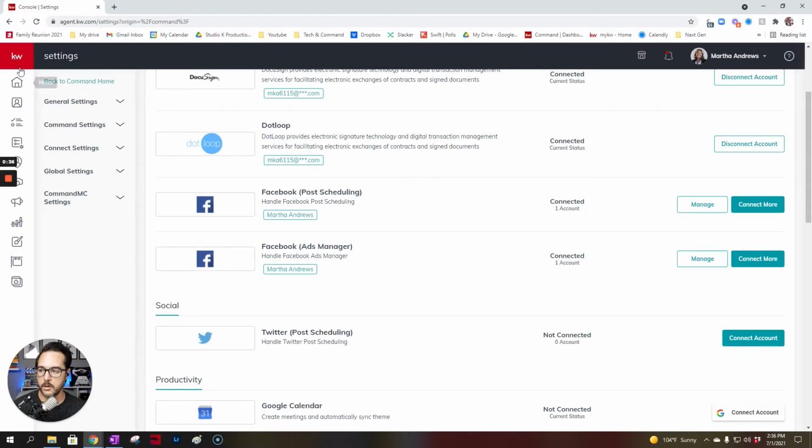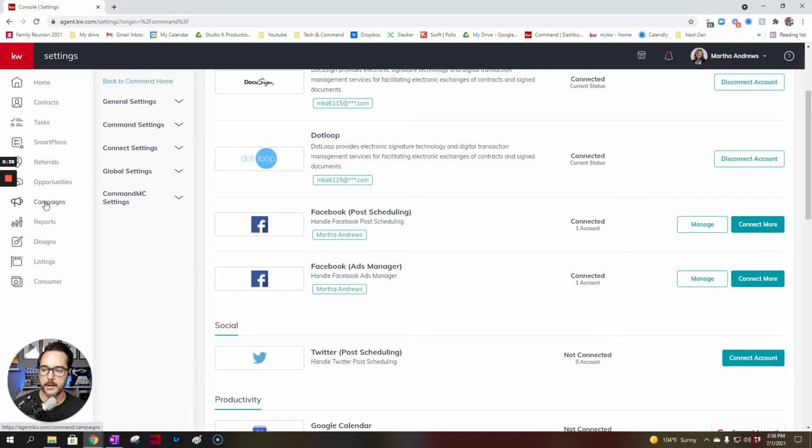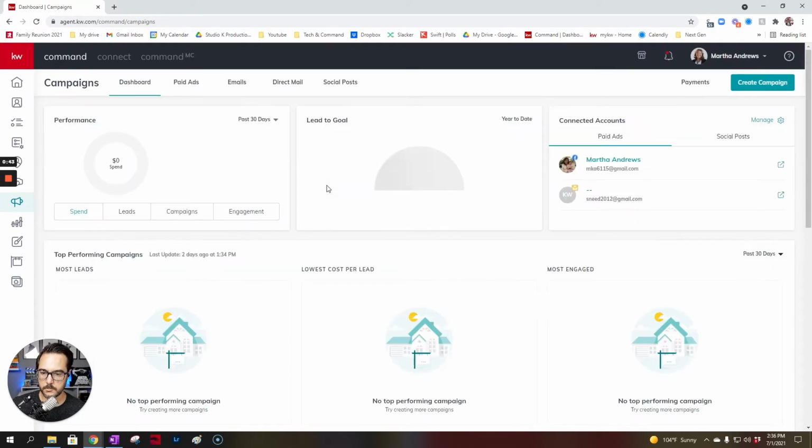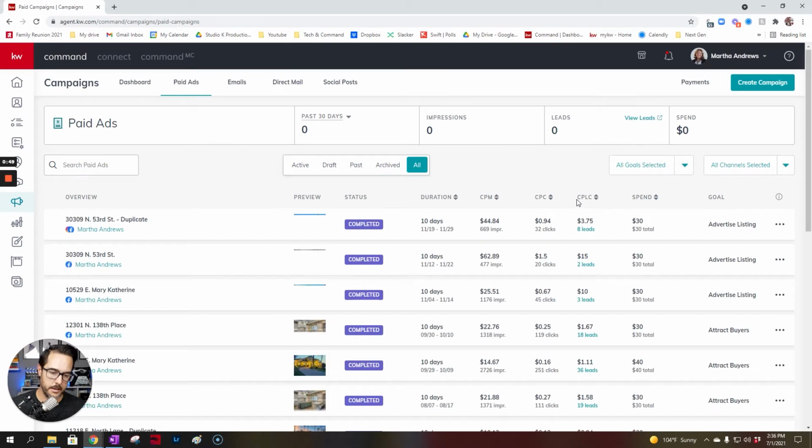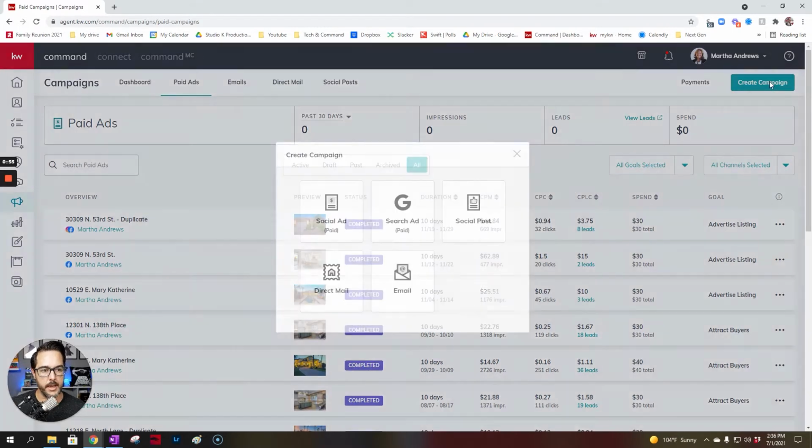Okay, now you're going to click over here on campaigns, and then click on paid ads, and this will show you any of the past ads you've done and things like that. We'll get into this after we get done setting up the ad. Okay, so do create campaign,